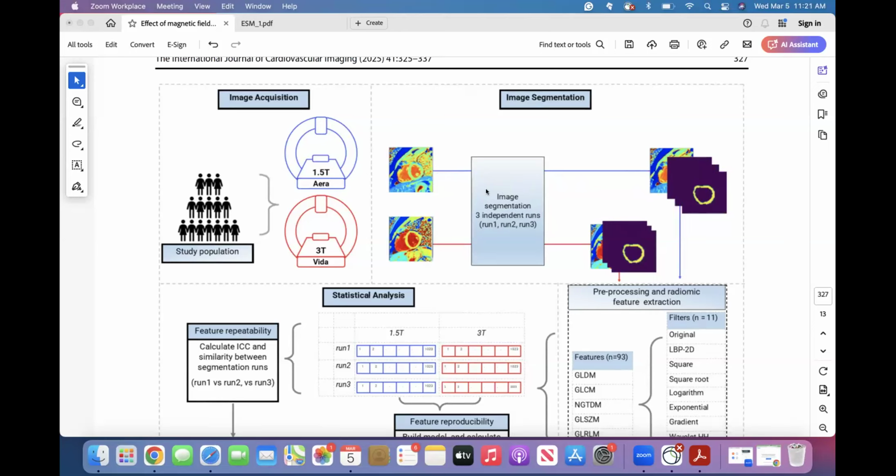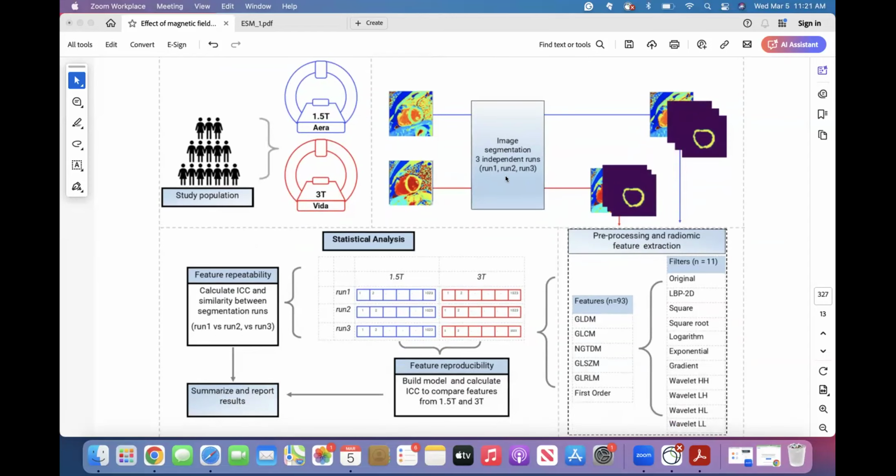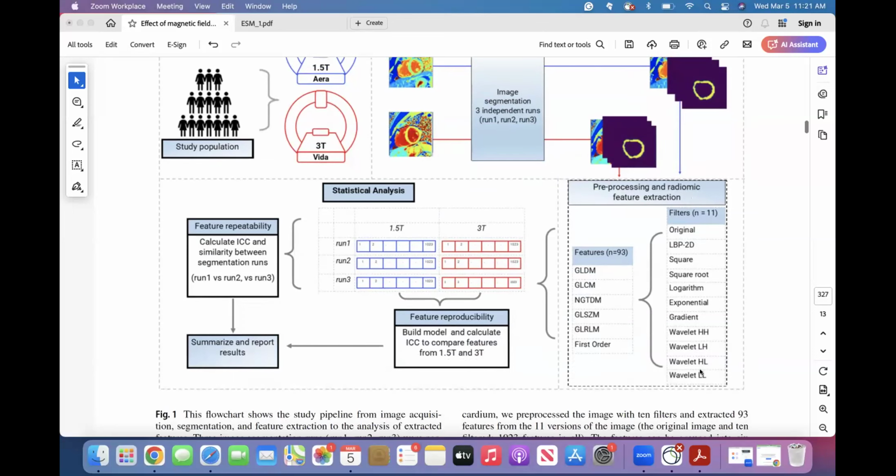But the segmentation was done in 3 independent segmentation runs, for us to be able to compare how changes in the mask that is captured affect the repeatability of the features. And for each image mask pair, we pre-process with one of these filters, and after that, a set of 93